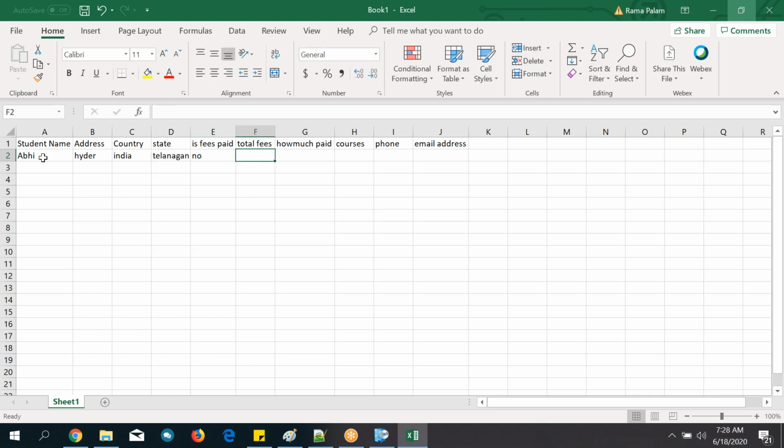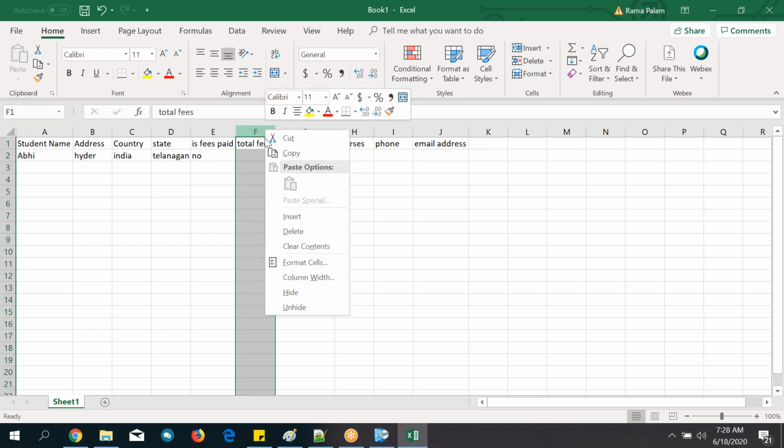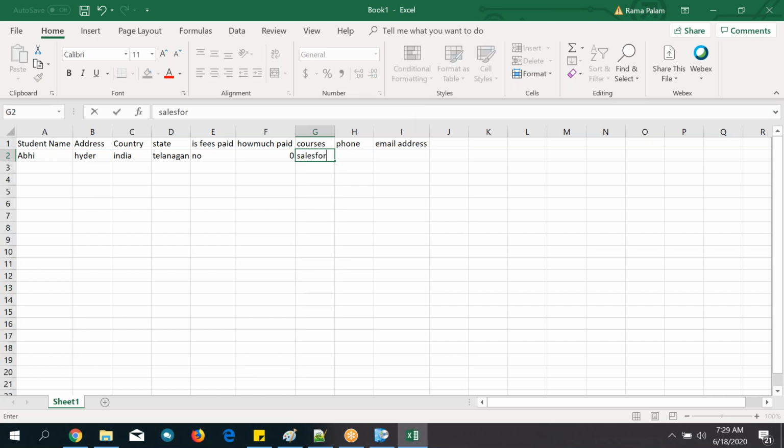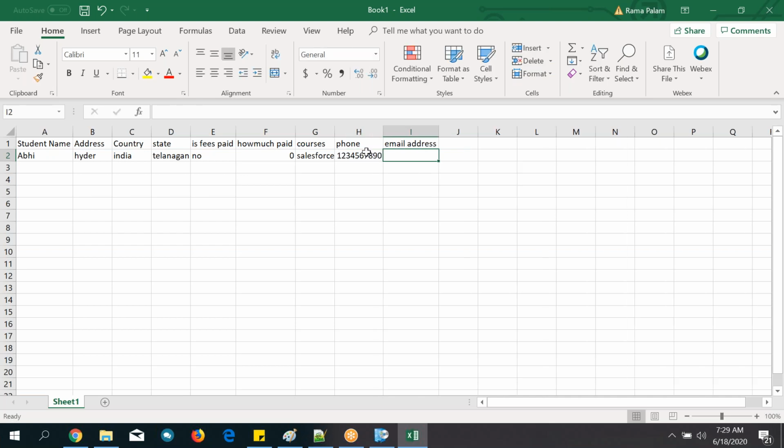Fees paid, no. Total fees, some amount. How much fees paid, 0. Course, Salesforce. Phone number, dummy number, and email address. This is all dummy data only.